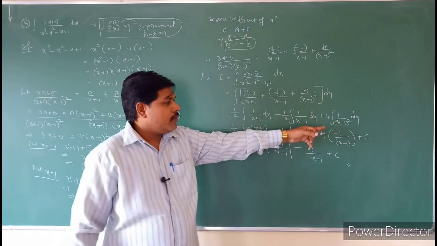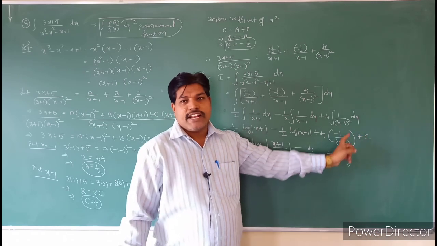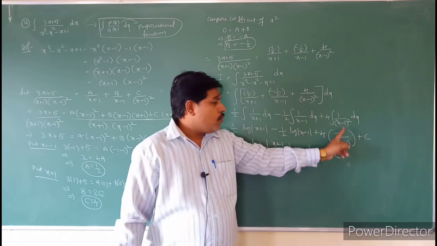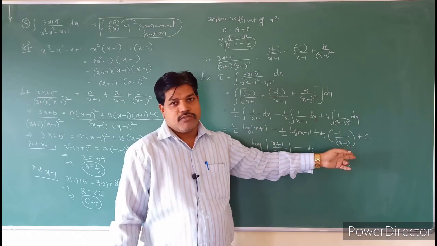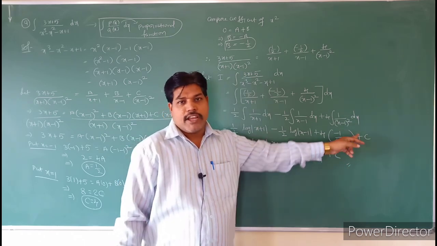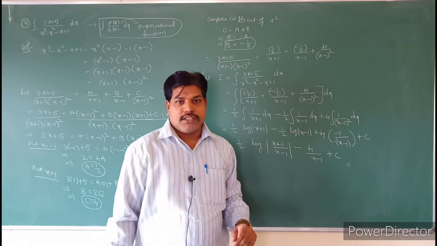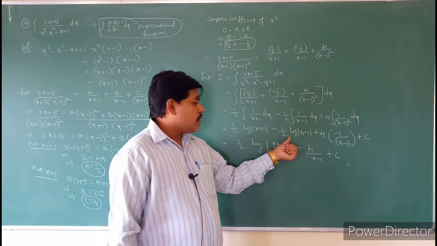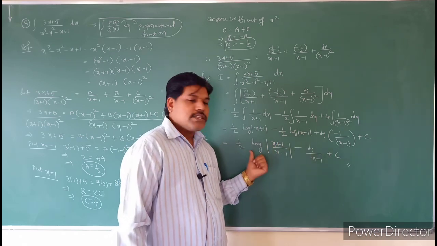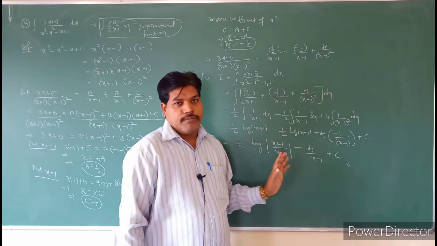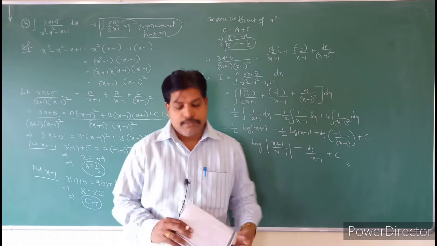And here this is 1 by (ax plus b) whole square, minus 1 by (ax plus b), by the derivative of ax plus b. But here x minus 1 derivative is 1, so there is no need to write, directly minus 1 by x minus 1 plus c. So we can take the 1 by 2 common. It will become log a minus log b, you can write as log of a by b. Okay, so see that question, students.